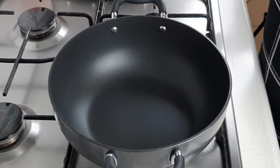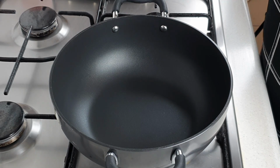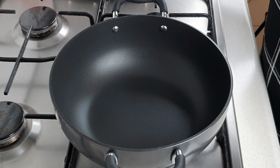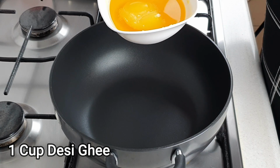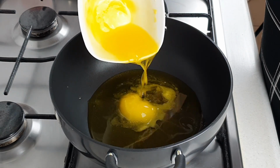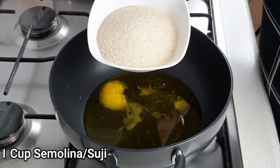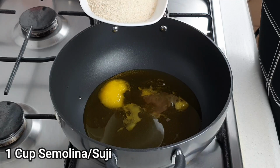So let's get started with these recipes. First of all, we'll be making Suji or Semolina Halwa, and for that I've taken a karahi and into it I'll be adding 1 cup of Desi ghee to it. Into this Desi ghee, we'll add 1 cup of Suji or Semolina